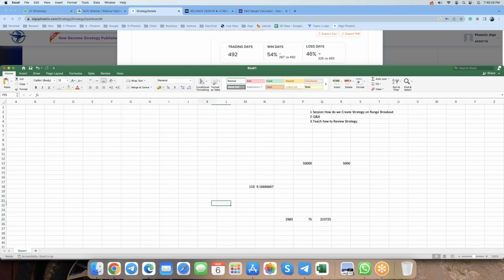Why is it 75? 20 is for buying, 20 is for selling, maybe 10 rupees broker, 10 rupees taxes and STT. Similarly for selling also, approximately I have to shell out 60 rupees for one trade. So one trade is 60 rupees that I'm supposed to shell out, and I take 75 as a luxurious margin. It is 2.2 lakh as a loss. So 3.68 lakh as profit minus 2.3 lakh as brokerage loss, I'm getting a profit of